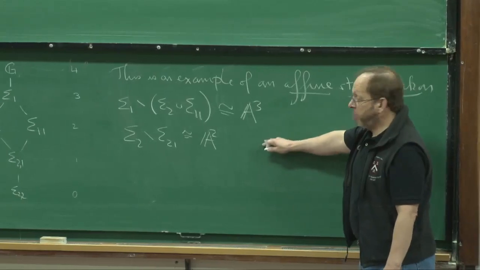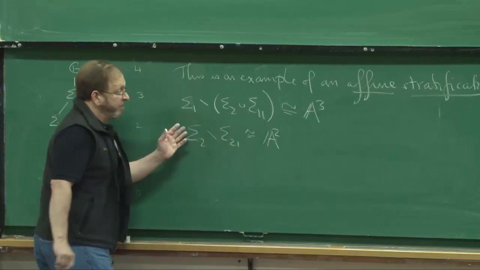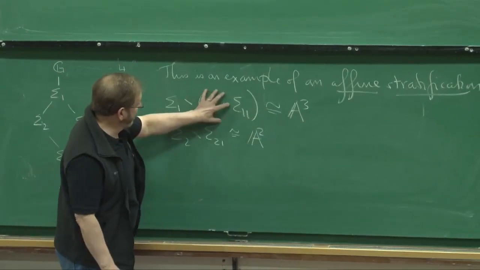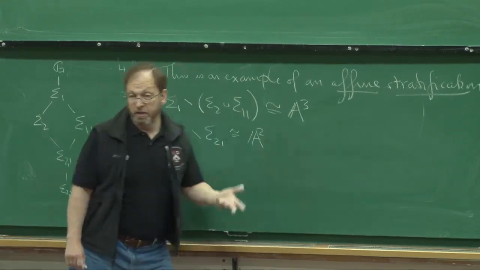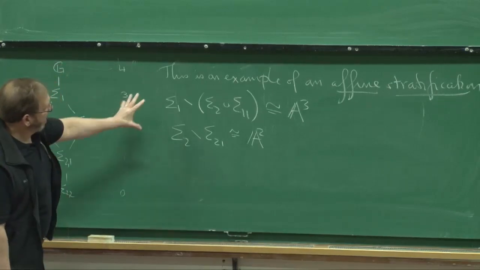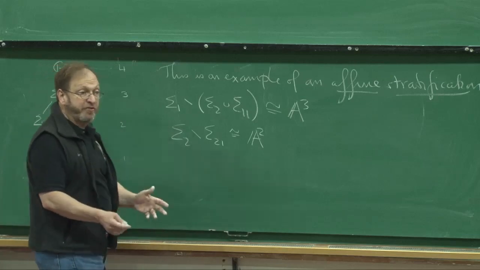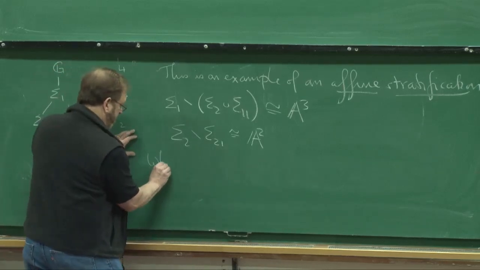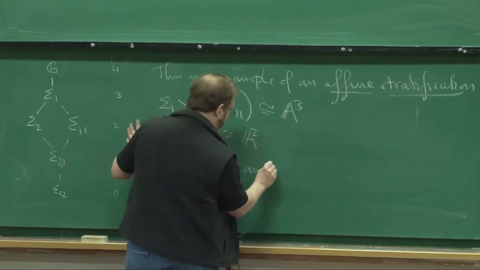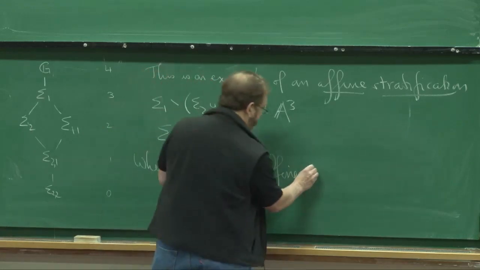You can do these very straightforwardly in coordinates, or you can write down very simply a map associating to a line in this subset a point in 3-space. We can, if we have time, do this, but I want to move on. The point is, when we have an affine stratification of a variety, and again, that's a stratification such that the open strata are isomorphic to affine spaces,